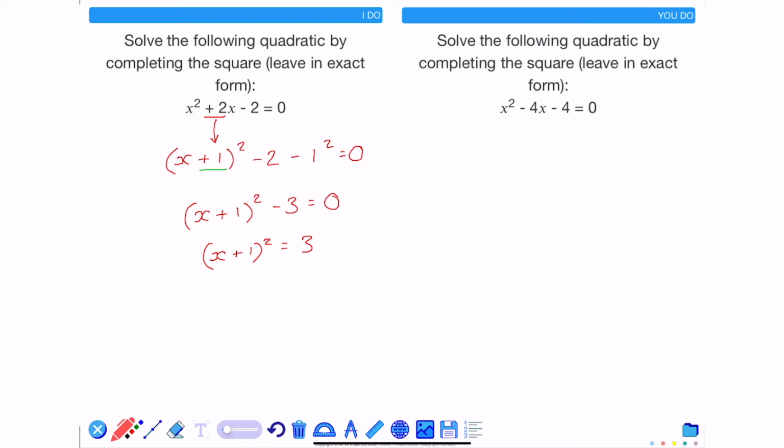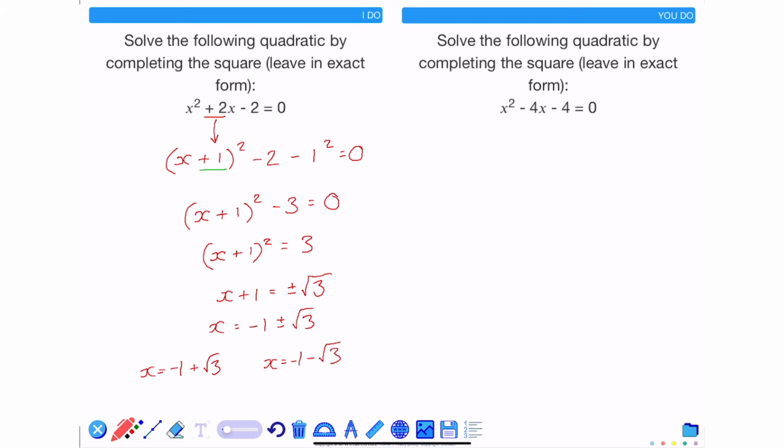Taking the square root of both sides gives x plus 1 is equal to plus or minus the square root of 3. And then taking away 1, x is equal to negative 1 plus or minus the square root of 3. This means that x has two values. X will equal negative 1 plus the square root of 3, or x will equal negative 1 take away the